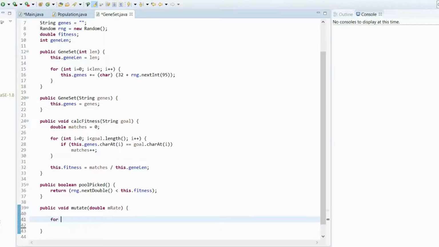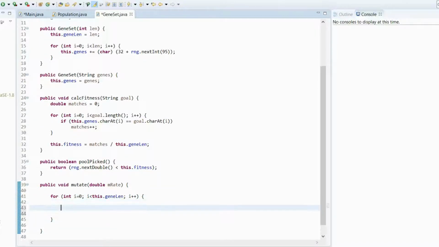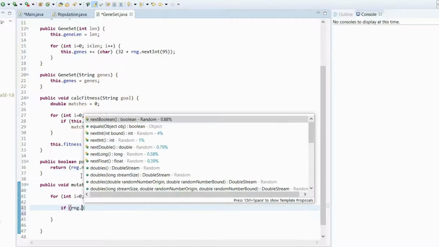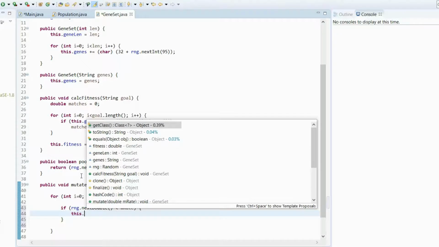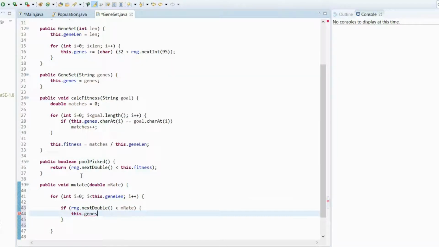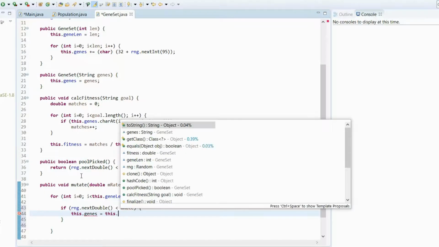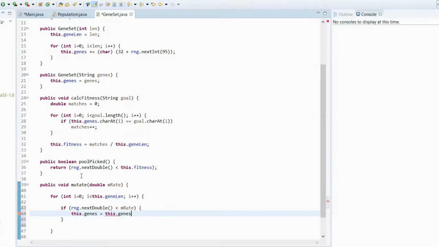And what that'll do is it'll run through this genome, a for loop like so. And we're just going to use, again, RNG.nextDouble. So if it's less than mutation rate, then we want to have a formula worked out here with substrings and stuff. So this dot genes dot substring beginning at 0 and going up to I